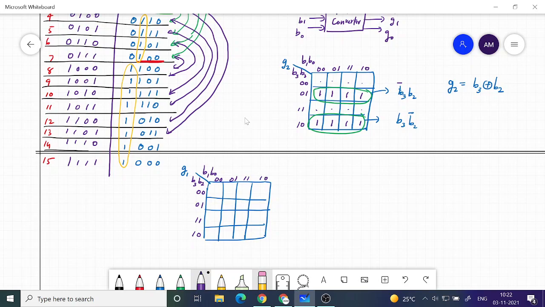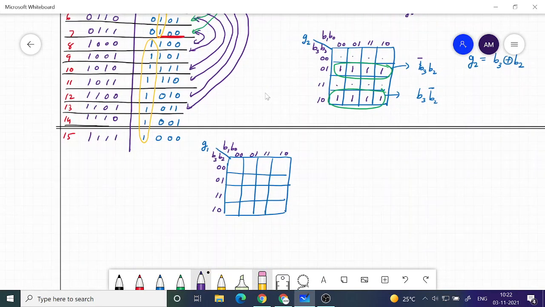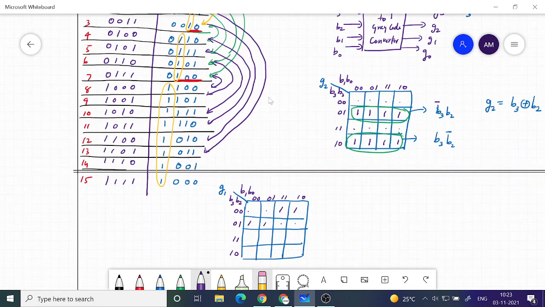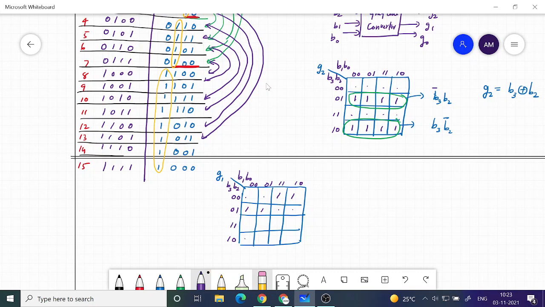Okay, so let's see the pattern here. 0 0 1 1 1 1 0 0, then 0 0 1 1, then 1 1 0 0, again 0 0 1 1 1 1 0 0. So it's getting repeated.